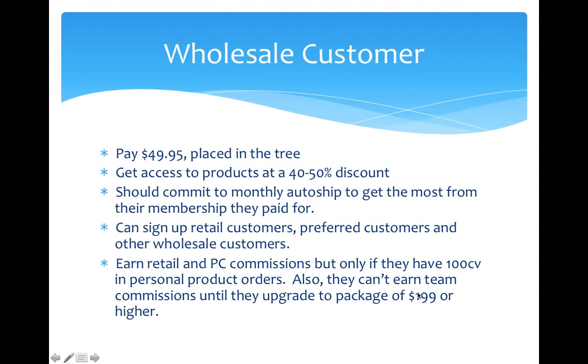A wholesale customer, again, I want to reiterate, should commit to a monthly auto ship to get the most from this one-time $49.95 membership that they paid for. As a wholesale customer, they can sign up retail customers, preferred customers, and other wholesale customers. They can also earn retail and preferred customer commissions, but only if they have 100 CV in personal product orders